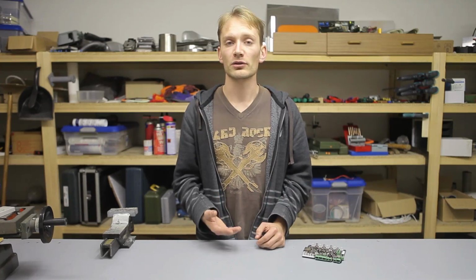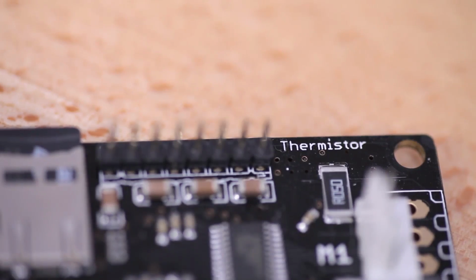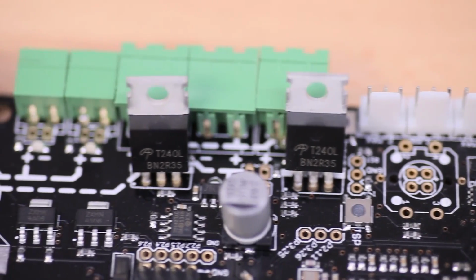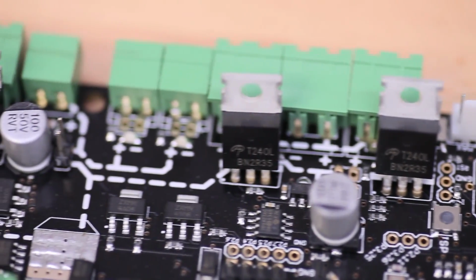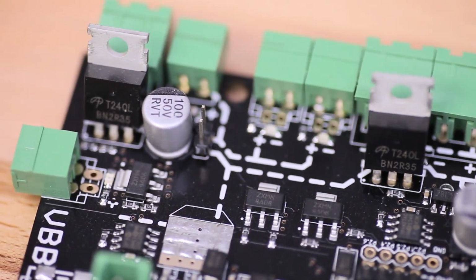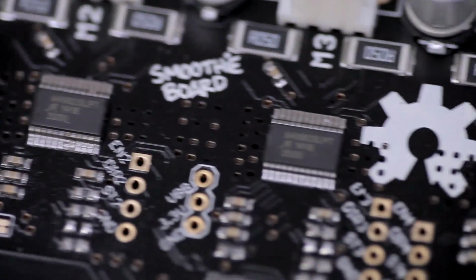It has the usual array of inputs and outputs, including 6 end-stop and 4 thermistor inputs, 3 high-power MOSFET outputs for things like heated beds, 3 medium power outputs for fans, hot end heaters, laser diodes, LEDs or other things you'd want to power, and of course it has stepper drivers on board, which are Allegro A4982 chips in a